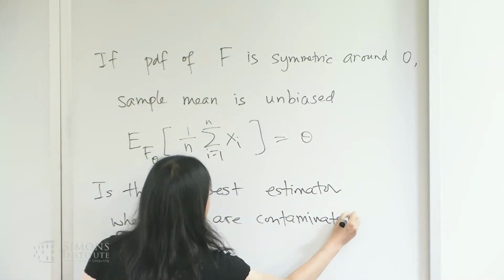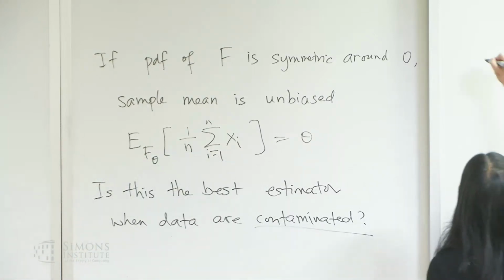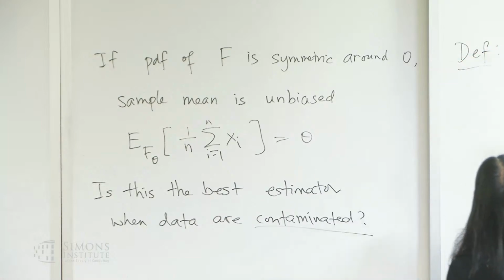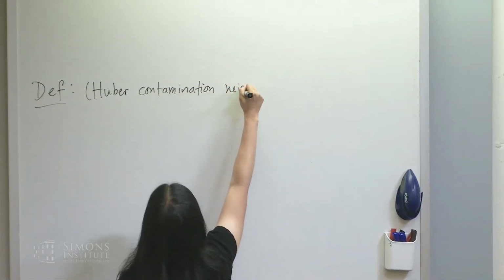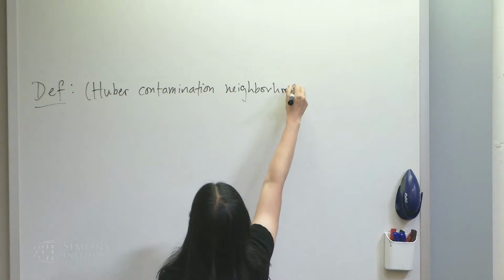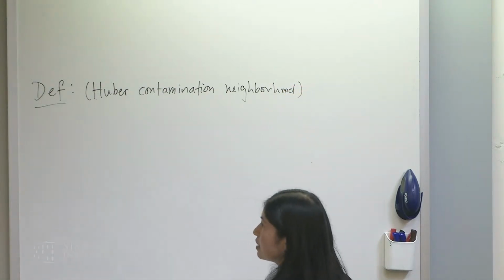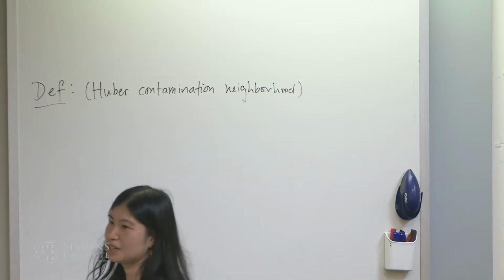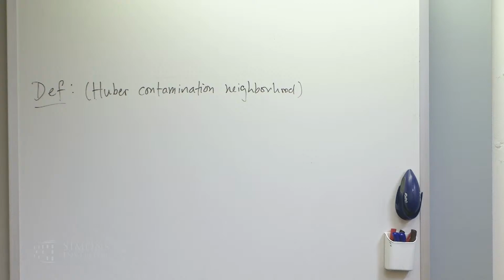Okay, so now we need to talk about what it means for data to be contaminated. And you'll see this very classical definition of the Huber contamination neighborhood. F is known. I mean, if F were unknown, it would still be fine if it was symmetric. But for what I'm going to talk about, F is like standard normal, and we talk about the best possible loss. So in order to construct the best possible loss, I suppose you should know what phi is.